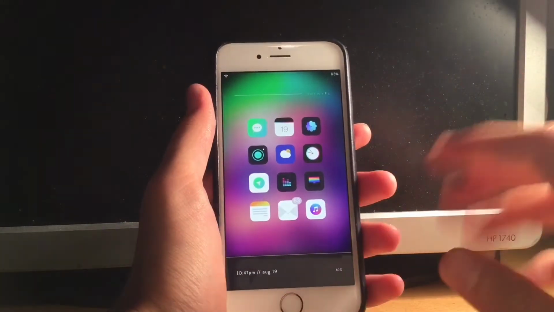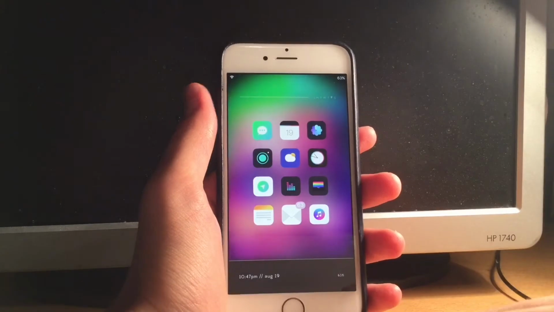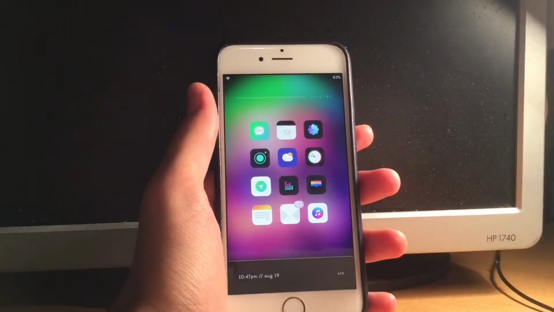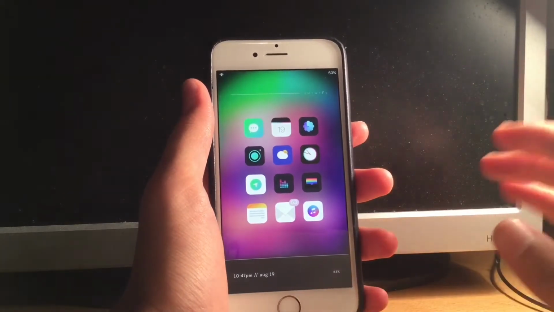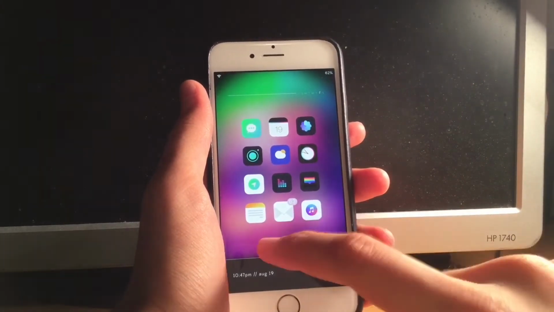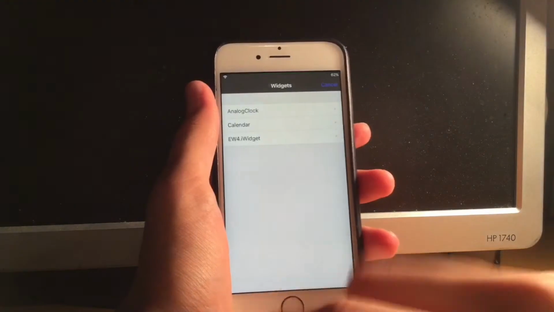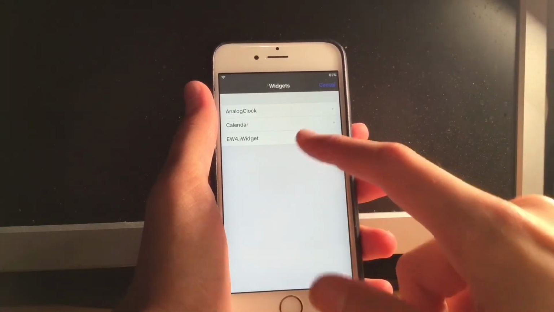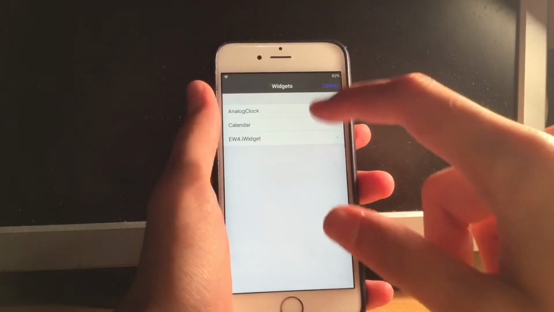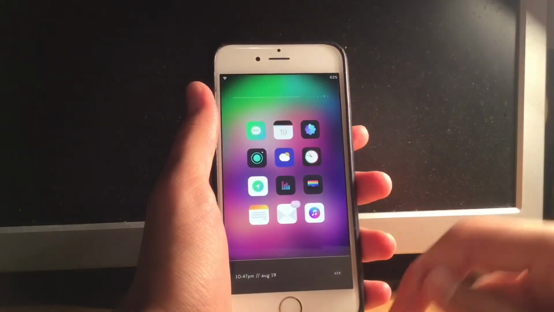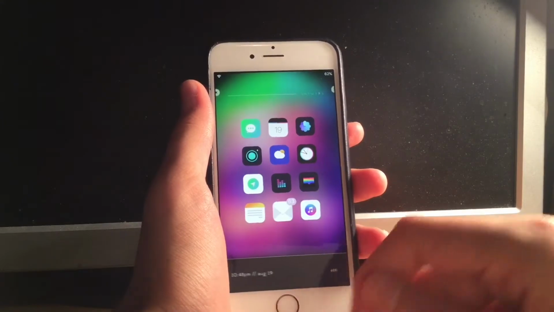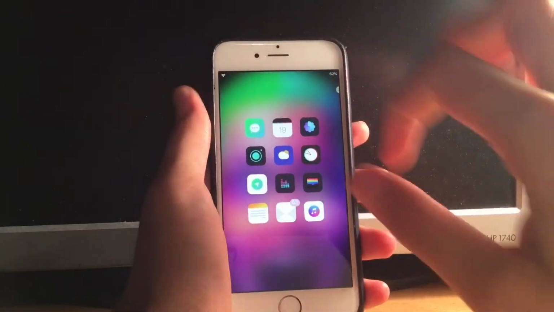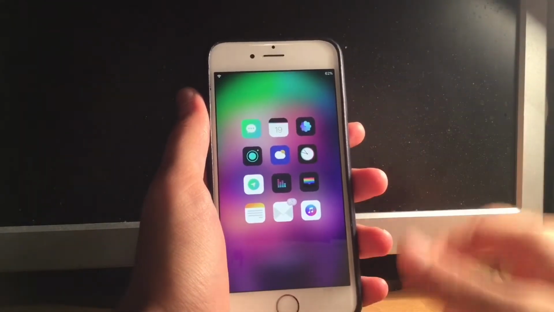And first of all, let me just tell you that if you install iWidgets, there aren't any settings or anything. The way that you install the widgets is you hold on your home screen on any blank space, and you install the widgets from here. You just select them, and that's how you install the widgets. And in order to remove the widgets, you just go into wiggle mode and tap the X, and once you tap the X, the widget is dismissed.